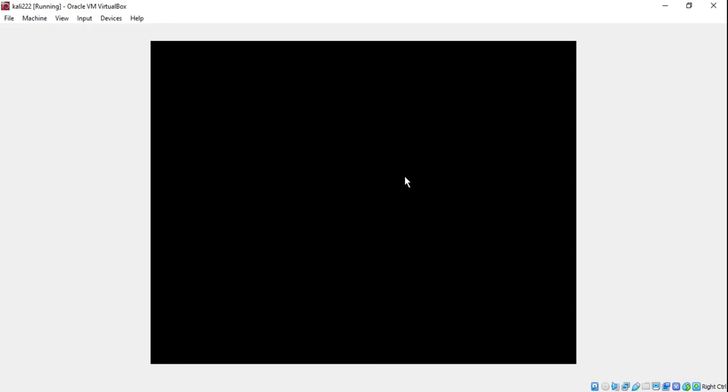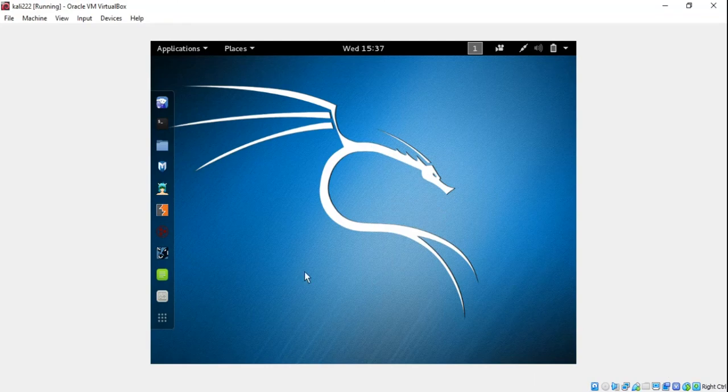It's taking longer than usual, so let's wait. So this is how your Kali Linux looks like.